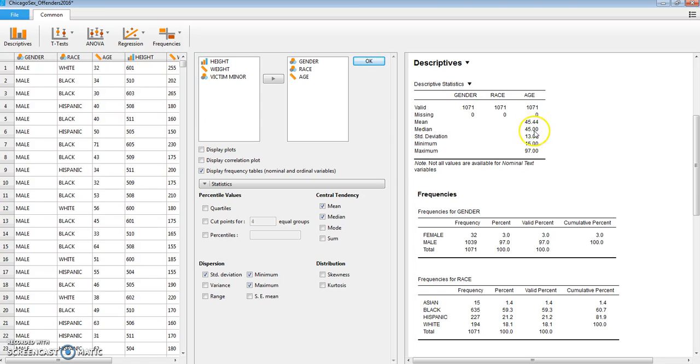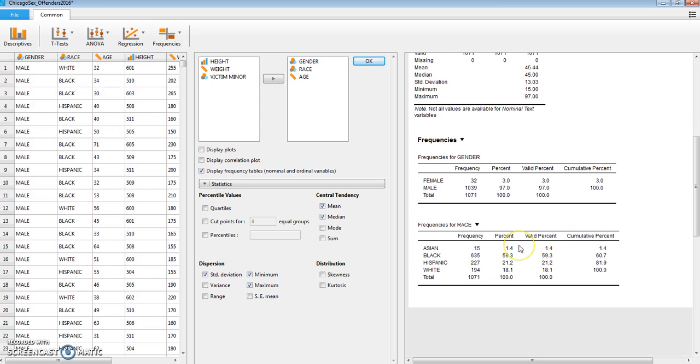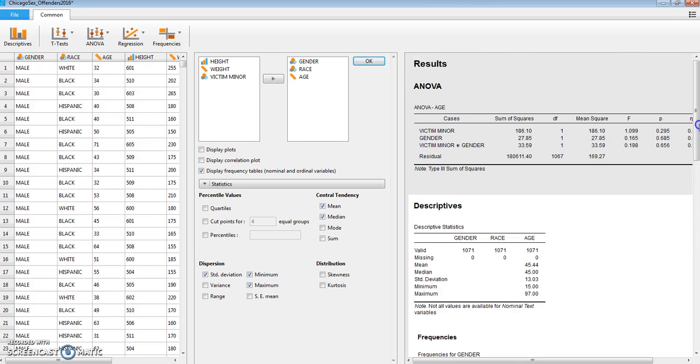For me, the median age appears to be 45 for the entire sample. And this shows the percentage of males and females: 97% male in the sample. And this also shows the percent breakdown of the four different ethnic groups. After you have your descriptives,